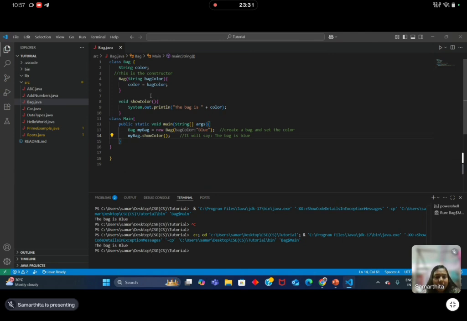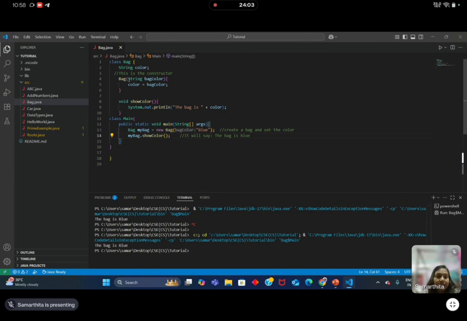And then the constructor, okay, bag, string bag color. This is the constructor, which is a special method that runs automatically when you create an object of the class, and the constructor has the same name as the class, like bag. Okay, that I am saying again and again, and it does not have a return type, not even void. It takes one argument, that is string bag color.